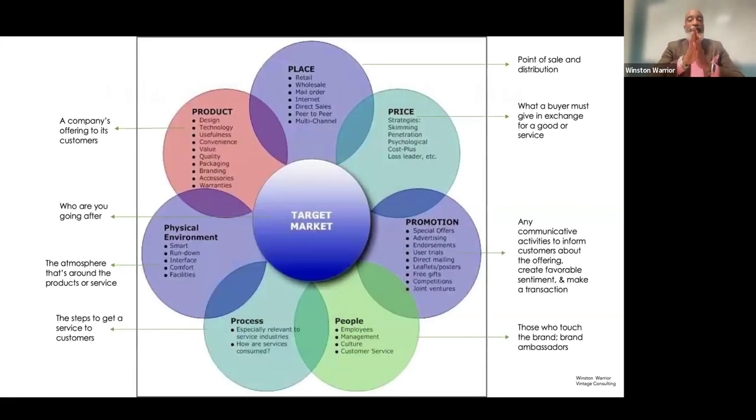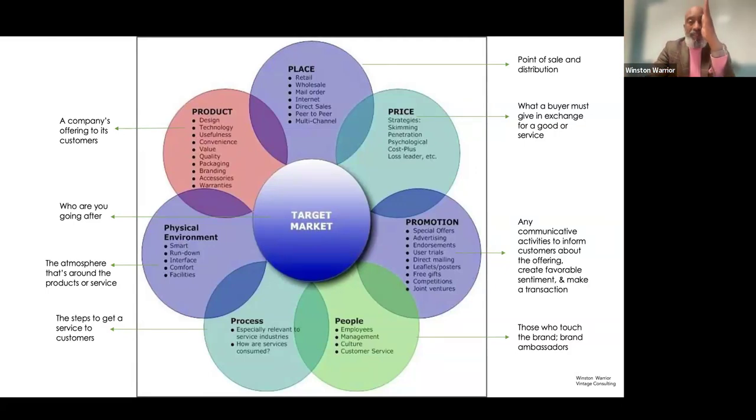All right, the eye chart. So if you think about it, the center here is our target market. This is who you're going after. Remember the understanding the customer part? That's what this is. Who is the market, or what is your market? Who are you going after? Are they young people from 18 or 15 to 22? Are they older people who are 45 and older or 65 and older? Like, who is the target and what do they look like? That's that piece that we talked about, understanding your customer. Okay, that's in the center.